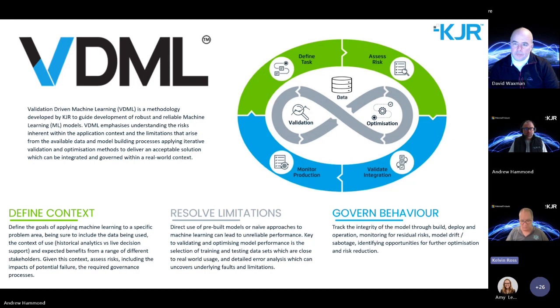Then there's the concept of how we continue to monitor that through its life cycle, because one of the key issues is data does change. We might add new documents to the context, or the way we interact with our clients changes over time. David gave a good example of new legislation coming out each year and so on. But pretty much across machine learning, we find this common thread of validation first, which clearly identifies what your optimization routes are. So, next slide.